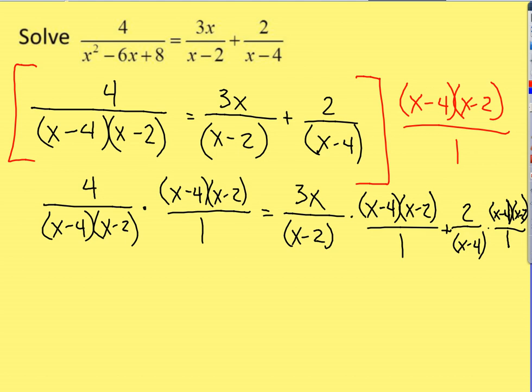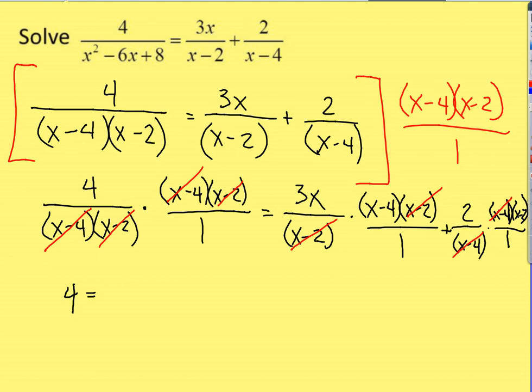Now we look to see if we can cancel anything. If you notice, we have an x minus 4 and we have an x minus 2. So on that first piece, we can cancel both. On the second one, we both have an x minus 2, so you are left with that x minus 4. And on the last one, the x minus 4's cancel, you're left with the x minus 2. So if we multiply 4 and all those cancel, so 4 over 1 just leaves us with 4, is equal